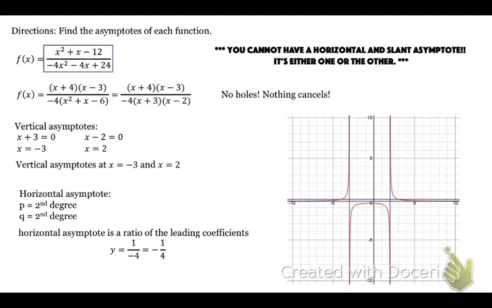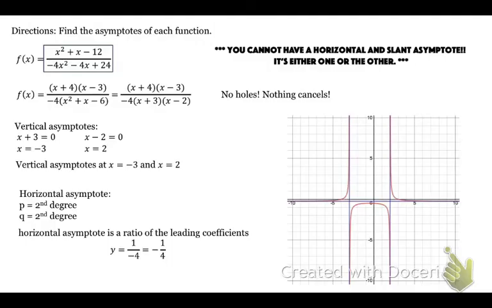You can't have a horizontal and slant asymptote. I said this a couple times, but it's either one or the other. I think like the words will kind of help solidify that. Okay, and I think that is it. Let's go to Desmos real quick if you're